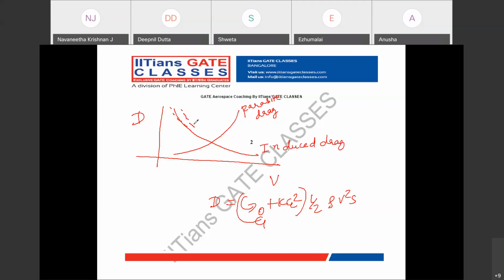The center region is the region in which I can travel. That is, I can only follow this trend of drag versus velocity, which is what the thrust required versus velocity curve shows. In between this regime only, my drag varies. It cannot go below this region. So the thrust required versus velocity curve is like this. Okay.